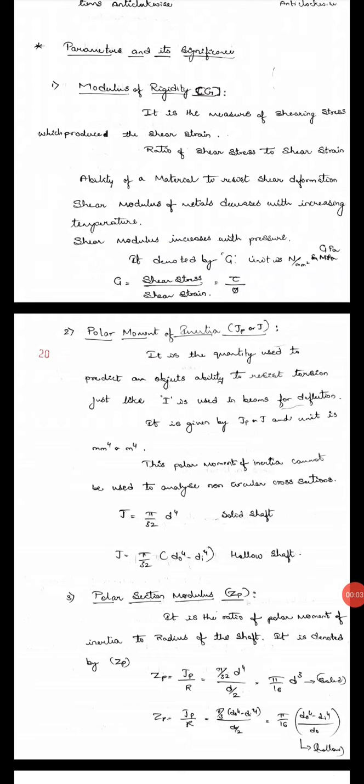Parameters and its significance. So first one, modulus of rigidity, that is G. It is a measure of shearing stress which produced shear strain. The ratio of shear stress to shear strain is the ability of material to resist shear deformation and shear modulus of metals